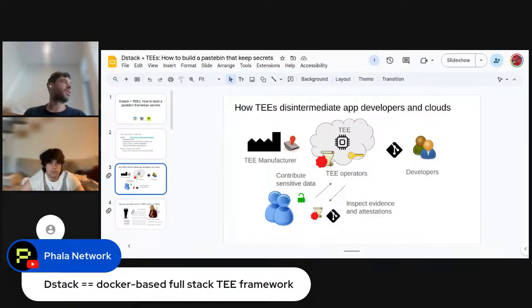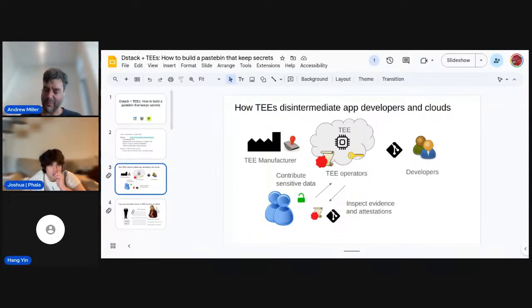Maybe the good question is, at a high level, or with a few examples briefly, what are you excited about using TEEs for? Like, what do you want to use these for? Josh, you want to say which ones you're most excited about? Like, I guess use cases I'm most excited about when it comes to